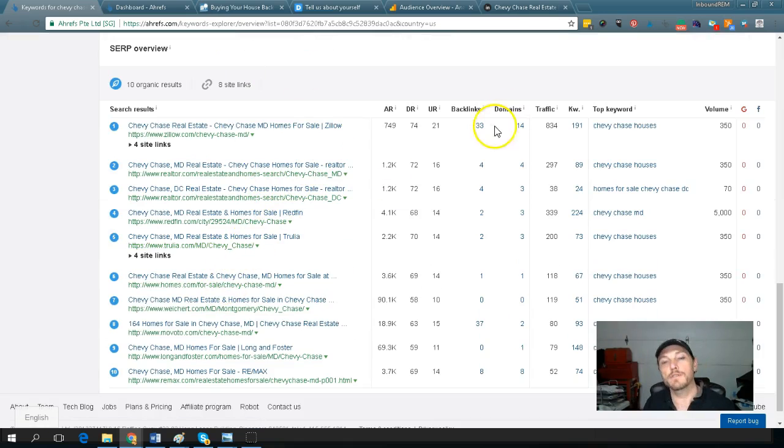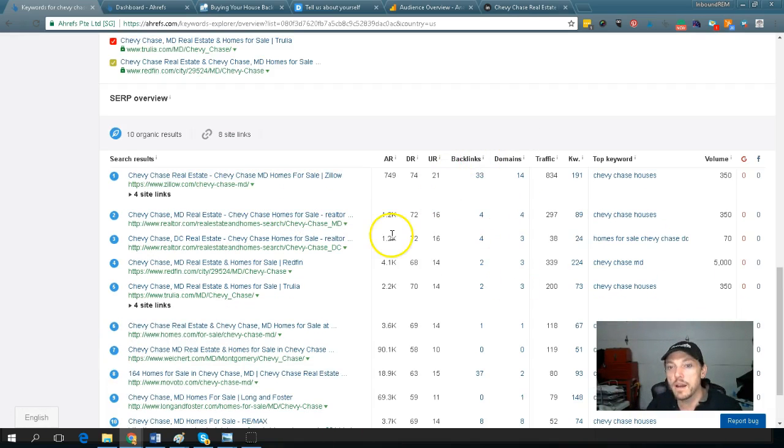All right, so I scoot down here after I've input this keyword. Now we see the people that are currently ranked. These are the top 10 results as of August 5th, 2017 for this keyword. And over here, you see numbers that don't make any sense. You see DR, domain authority, URL authority, and then you start seeing, again, the language backlinks, domains. All right. So now we start to get a little bit deeper into this. Our tool is telling us that we need 1 or 2 of these to get onto the first page.